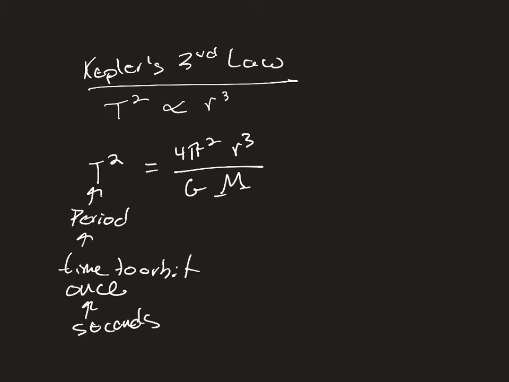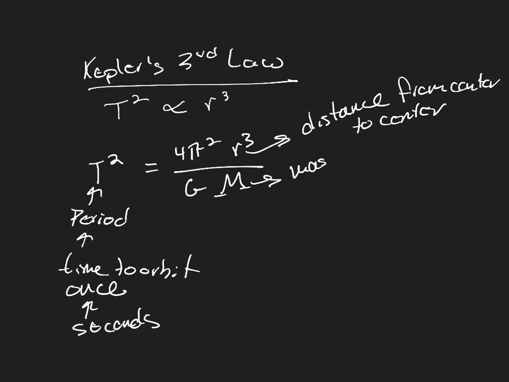So the orbital period of the Earth would be 1 year, but then you have to convert that 1 year into seconds. This, once again, is distance from center to center. And this here is the mass exerting